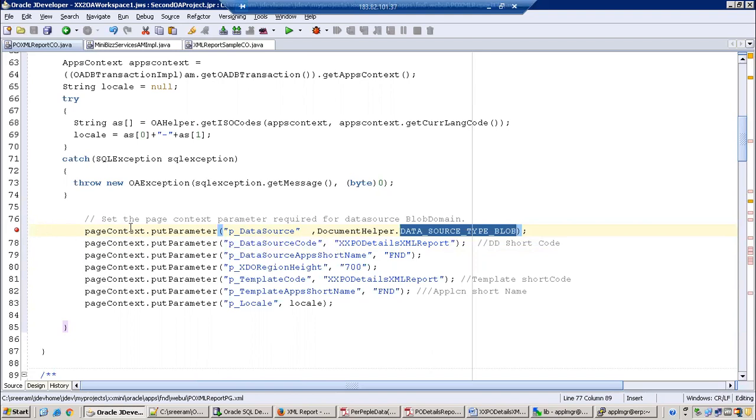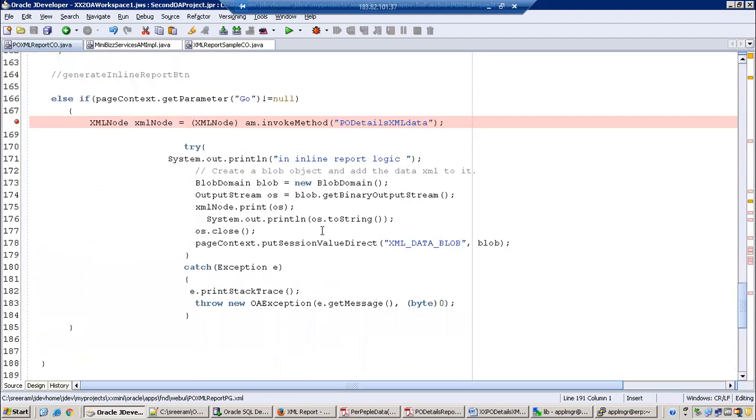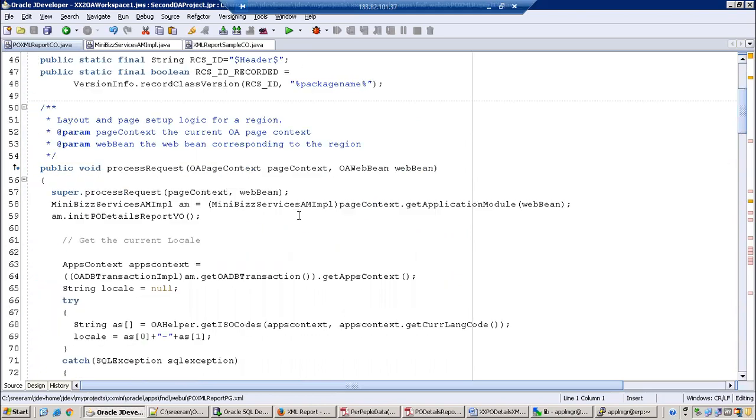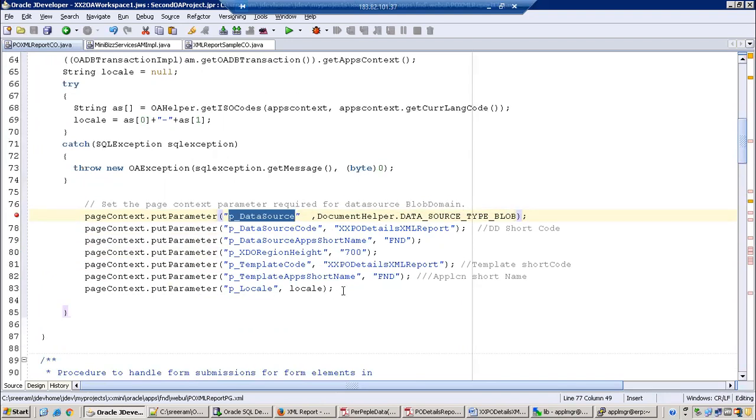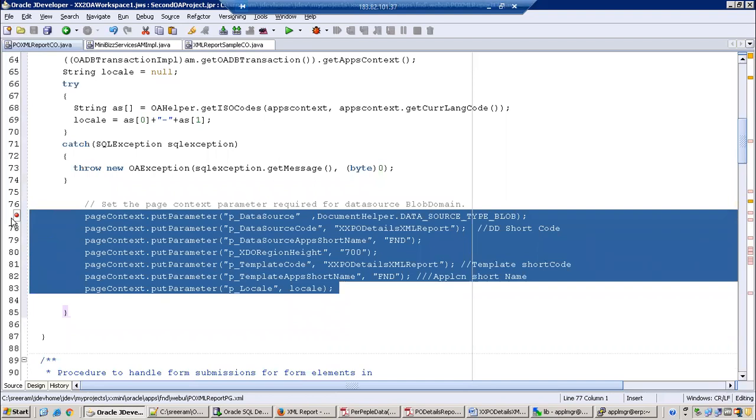So that variable is holding the data, and then it considers that information here. It's like you click on a button, the content is copied to XML data blob, and you're reloading, the page gets reloaded. When the page gets reloaded, this particular p underscore data source will have that particular blob content. All this content will be passed to the document region again.